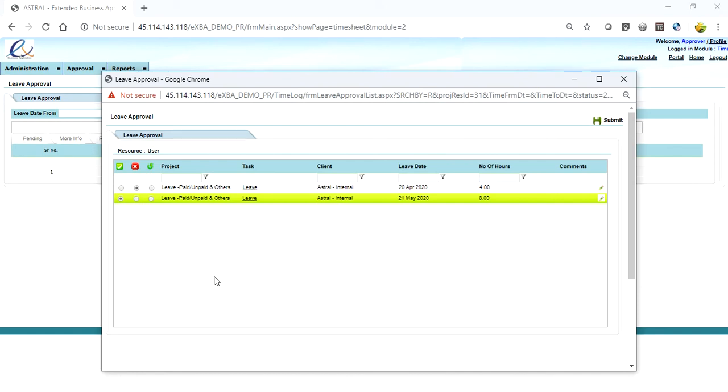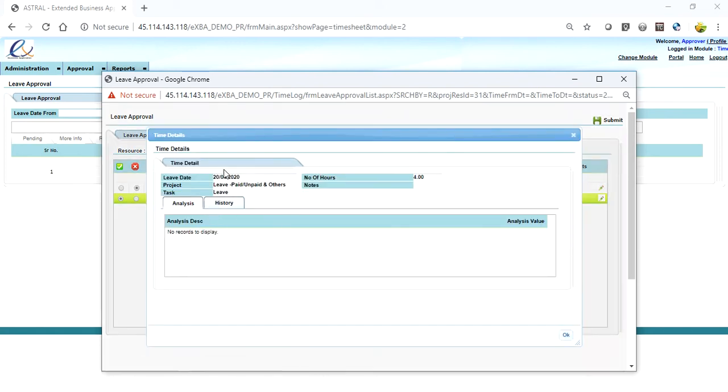But before that, I will just explain some of the options which are available in this. There is something called a task which the user has selected during the entry. If the approver clicks on this, a small pop-up comes up along with the additional details which the user has entered.